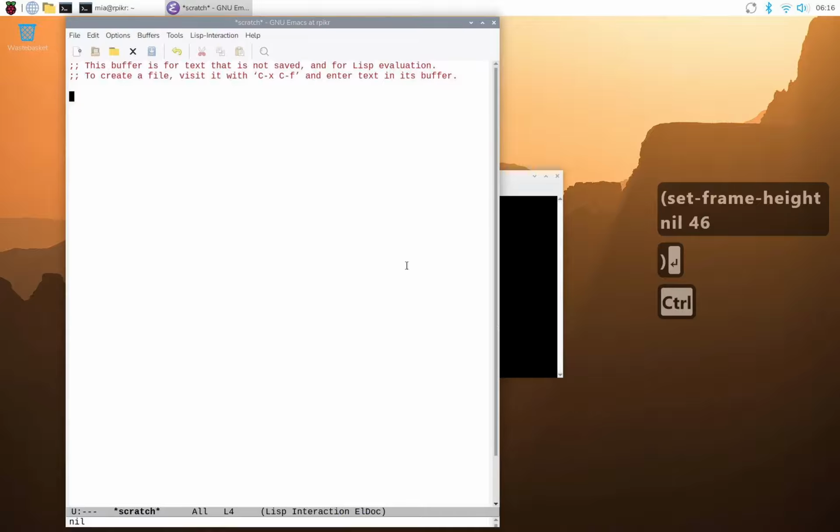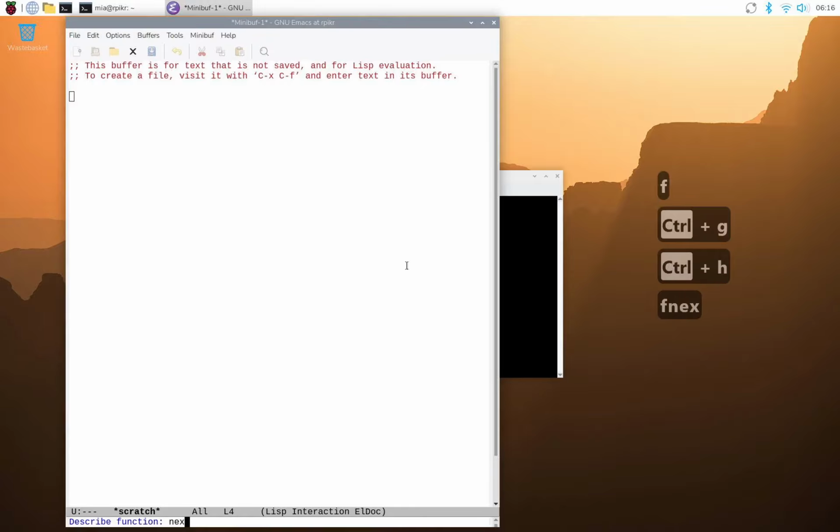And then I'm going to get an Emacs Lisp file. I've done this with several and the bug reproduced. It's not always reproducible the first time. Control H, F, next line,